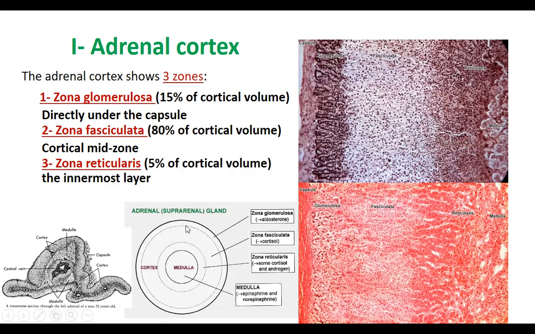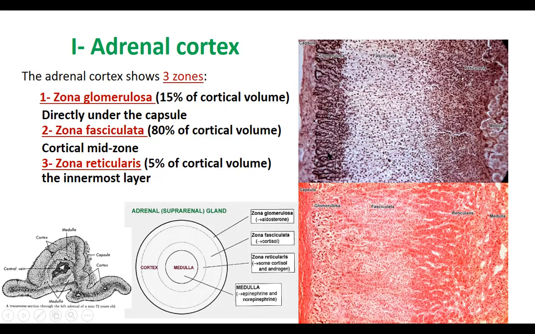This is the zona glomerulosa outside. If you see histology at the time, you'll see this is how it looks. Zona is nothing but the zone or the layer. It looks granular, that's why it is called the glomerulosa. Then the next layer is the zona fasciculata, the largest layer here in the cortex. This is the zona fasciculata. After the capsule, this is the glomerulosa and the fasciculata, the huge layer here. So that is the fasciculata.